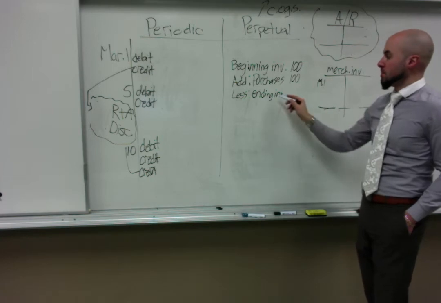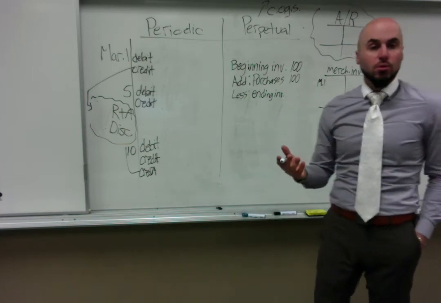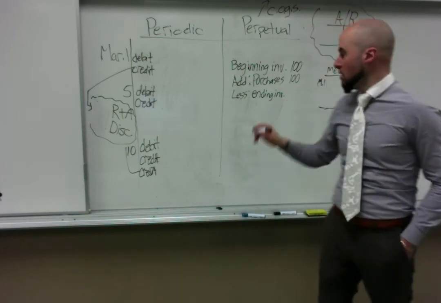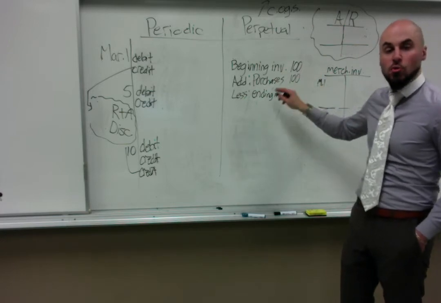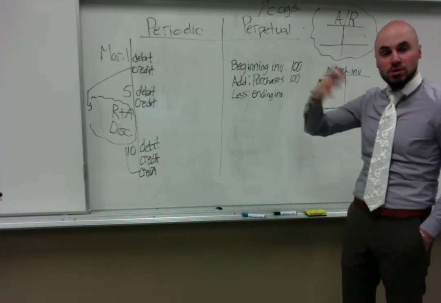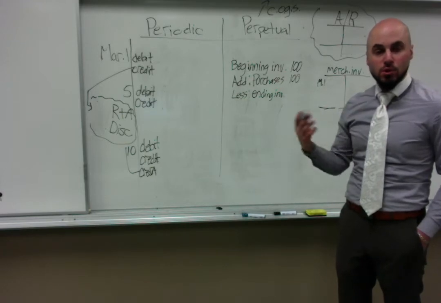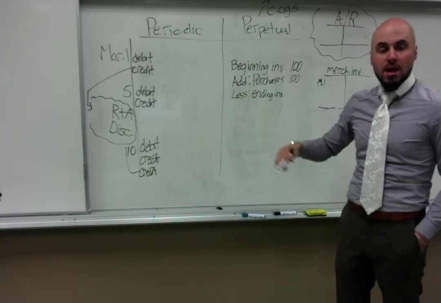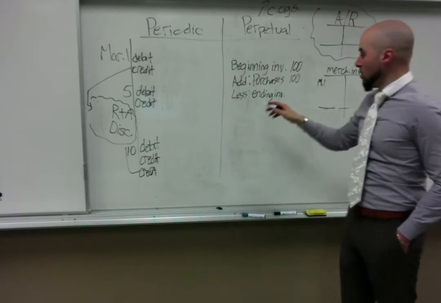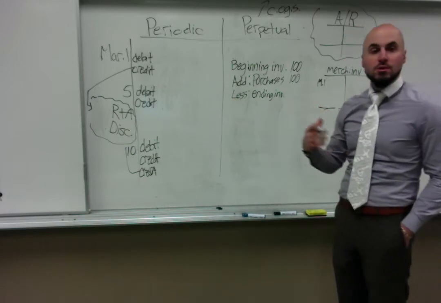Okay. Ending inventory, so you see what's happening? We start off with an inventory amount. We added to our inventory. We purchased more with the intention to sell all of it. And then at the end of the period, our ending inventory is,